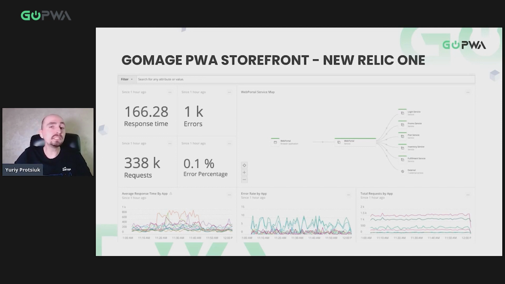Also, connecting your PWA to New Relic One can be much more effective than simple debugging. So being able to review all kinds of useful data can help you make your PWA a top-notch solution and improve its quality. Quality always matters. The GoMesh PWA storefront will soon be integrated with New Relic One, and we encourage you to follow us on the same path with our PWAs.